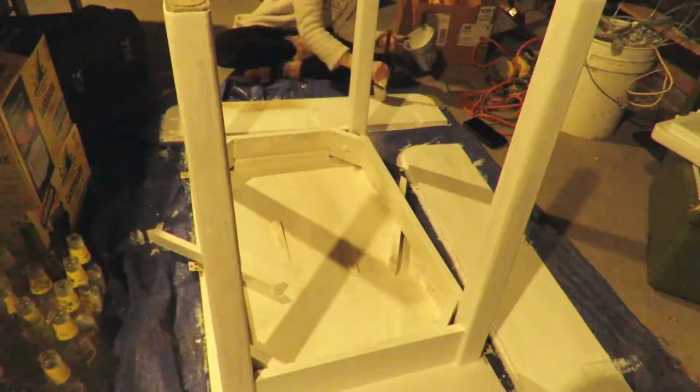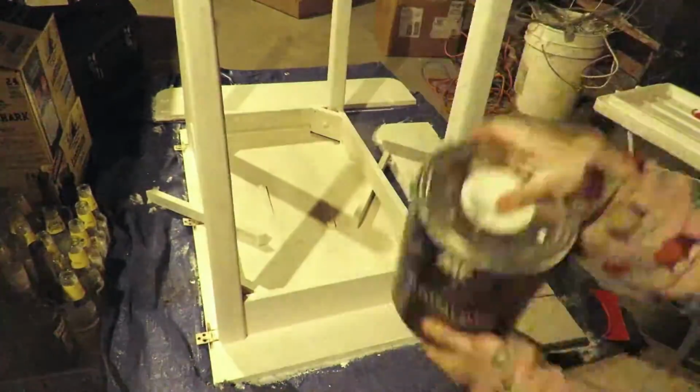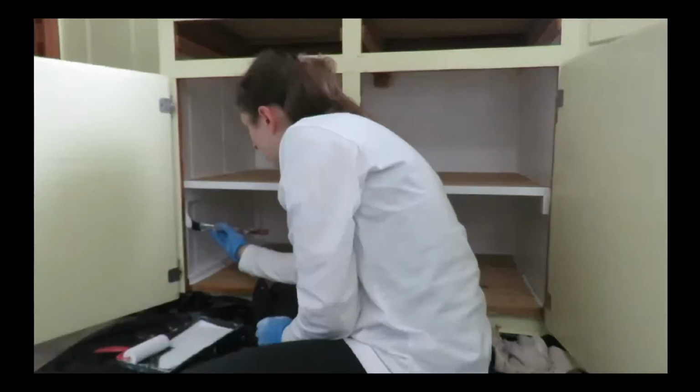Once the primer has had a full 24 hours to dry, even if it says 8 to 10 or whatever, I like to leave mine overnight, and I'm going to be utilizing an epoxy paint. This is actually the same paint I used on the cupboard, as it is a harder paint. It does dry down a little bit slower, and